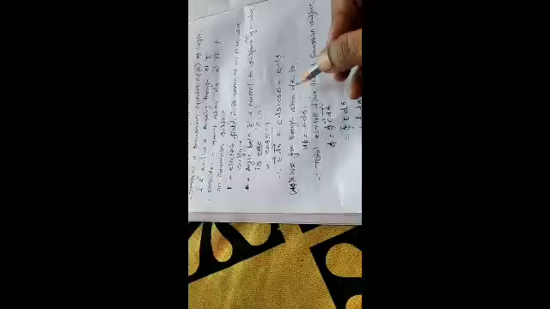Therefore the total electric flux through the Gaussian surface, this d phi, is nothing but the electric flux on this small surface area which is on the Gaussian surface. Now we are considering the total electric flux, that is the total flux on the total Gaussian surface. So we'll integrate: phi is equal to the total flux. For the small area we have taken it is d phi, and for the entire Gaussian surface we will take phi. It is the integration of this term, that is E into ds.